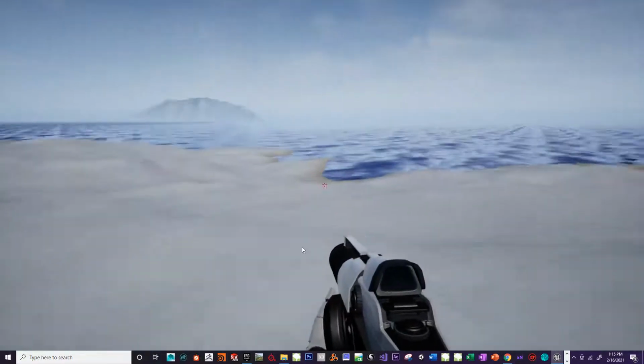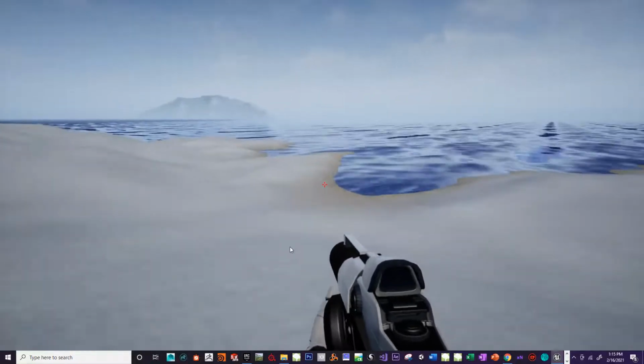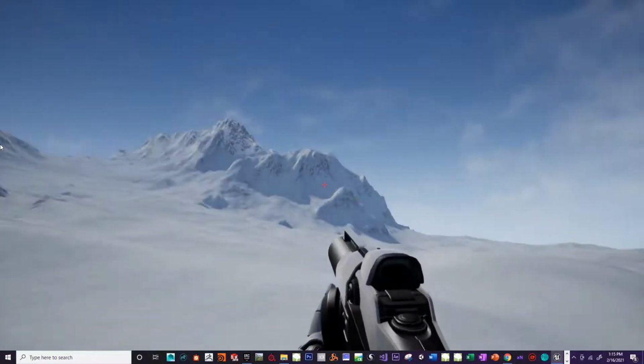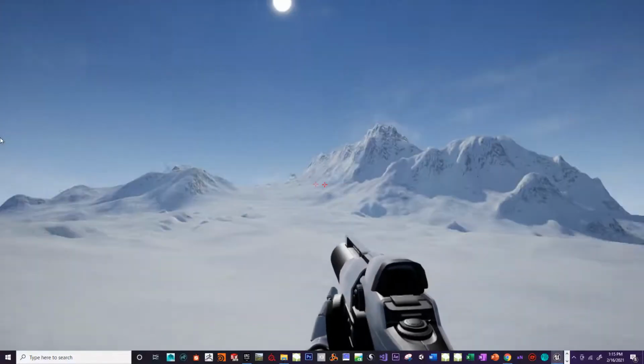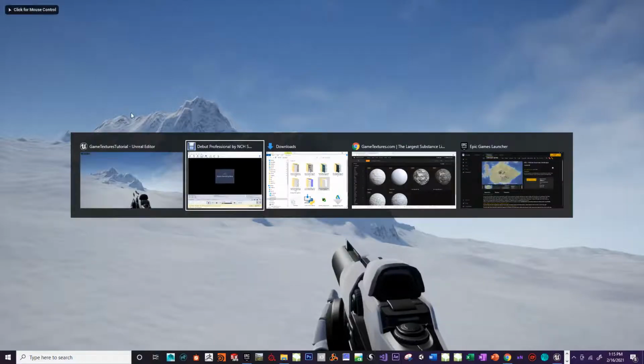I guess I should have changed something with the sand. I could probably put one of those other glacial ones or something down there. But yeah, so I mean that's basically how easy it is, and you could definitely